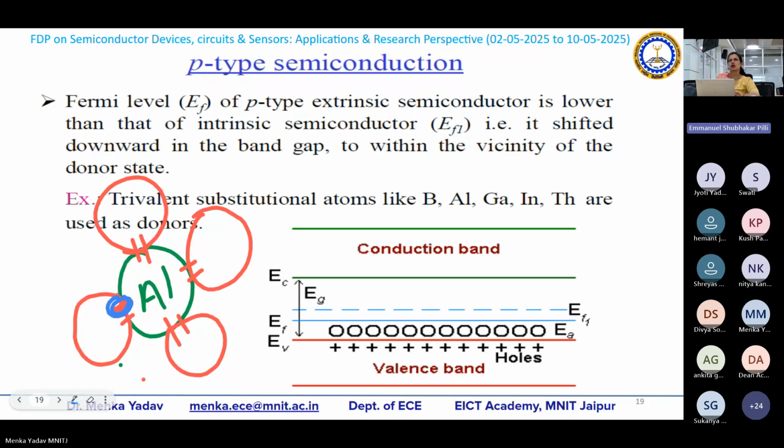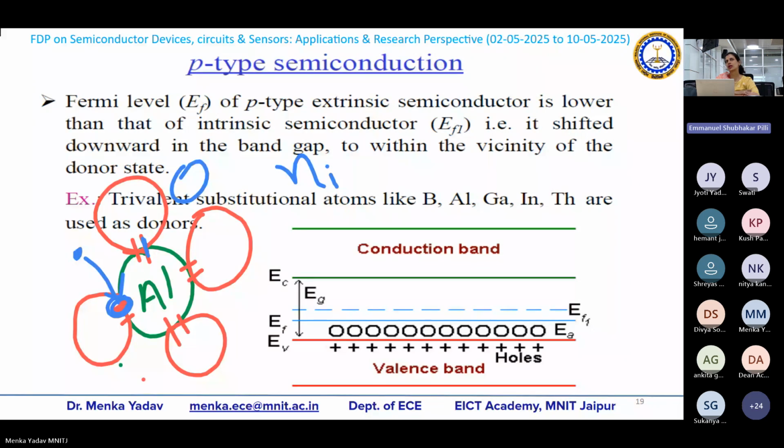This hole is available. Now, the electrons flowing in the structure see that, okay, there is a hole. These intrinsic electrons are available, right? 10 raised to power 10, I told you, is the order of the freely available electrons. So some electrons and some holes are available in the material space. So those electrons will see, okay, this is also a place to sit. So this is going to sit over here. If it sits over here, it means this hole is occupied.